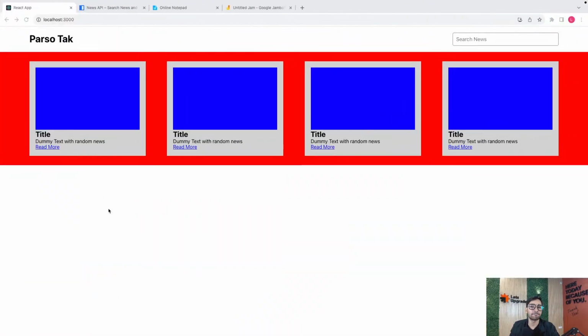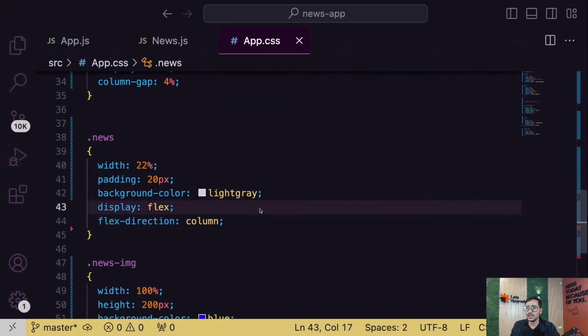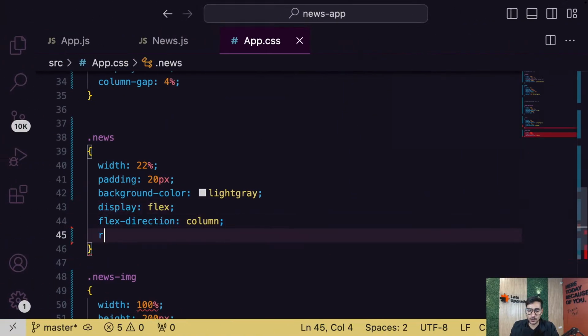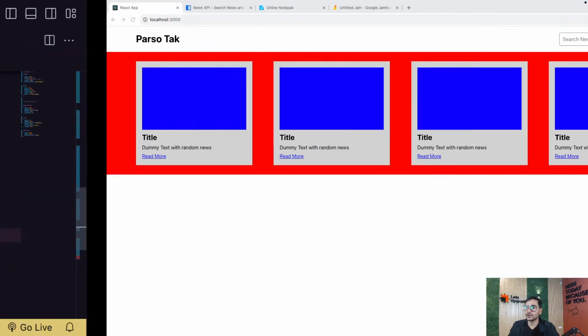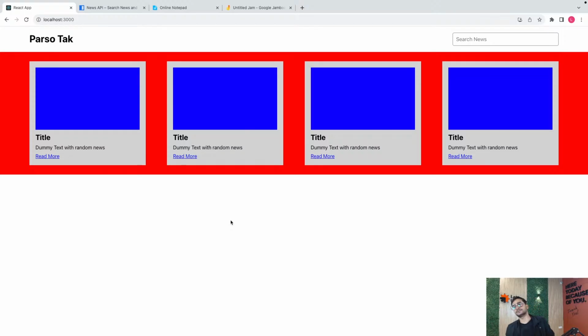Here we go. Okay, and I need some gaps between them as well. So for that, the simple logic is row gap. So row gap of around 10 pixels should be fine for now. And I think, yeah, this is nice. So guys, we are getting our template ready, and now it looks kind of nice to actually implement the real